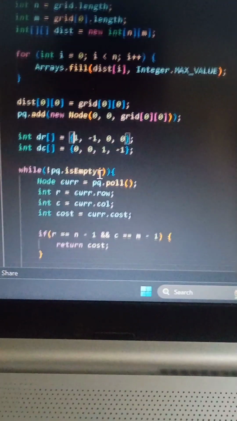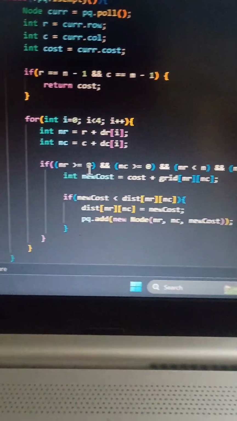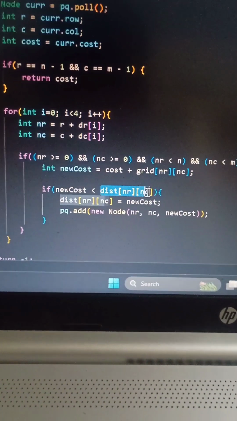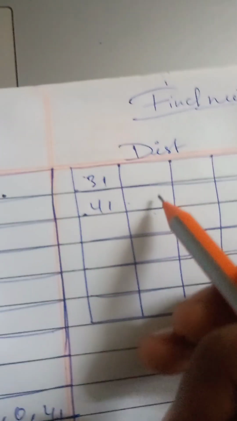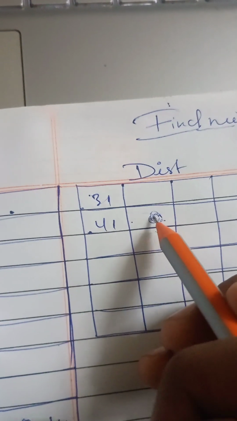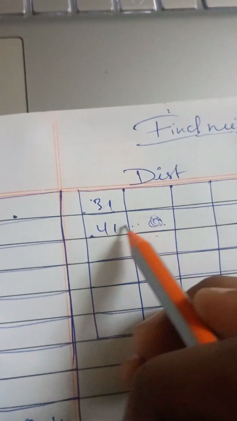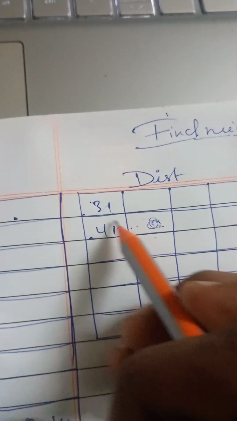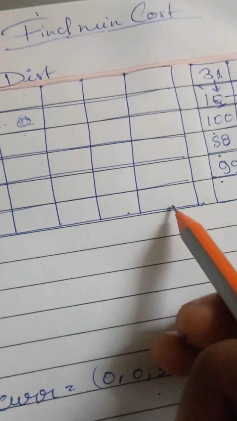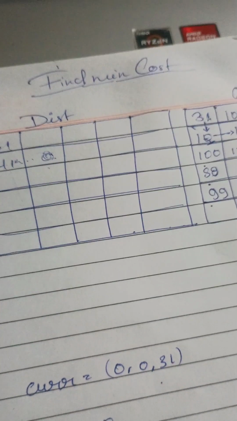we'll use one condition. You can see here the condition is: if the new cost is lesser than this. Suppose my value is somewhere here and I move here, when I add this and this, I get a value which is less than this, then I'll just change it. So anyhow, at the last we are getting the minimum value here, because we are trying to find all the possibilities in this.